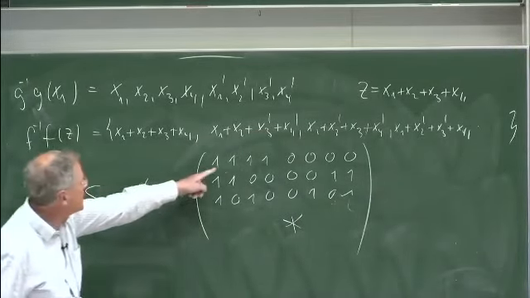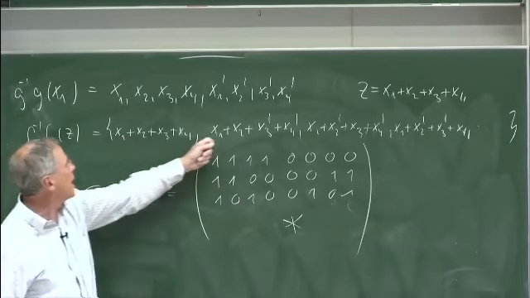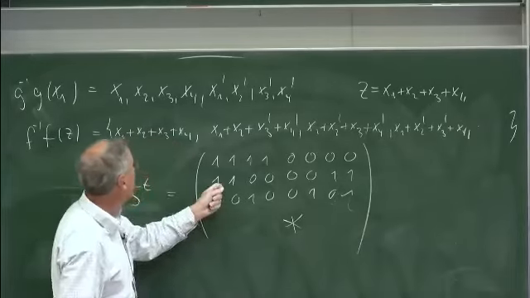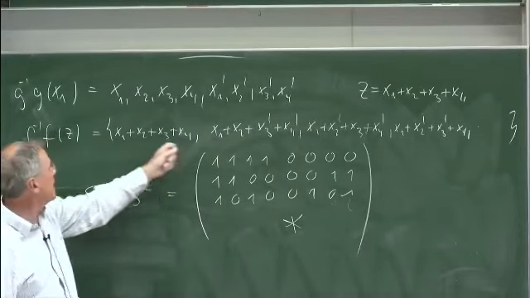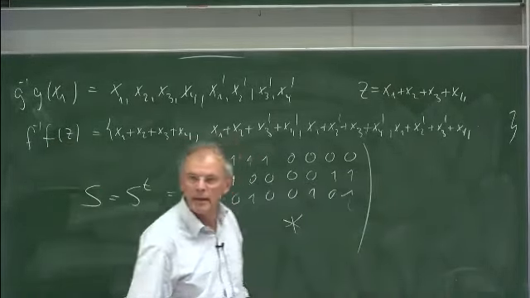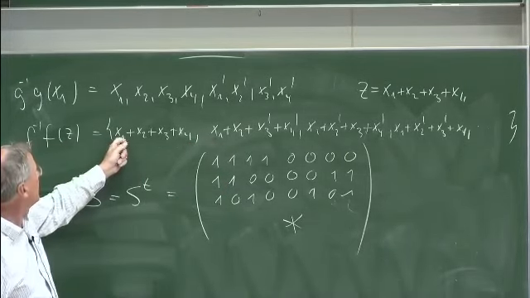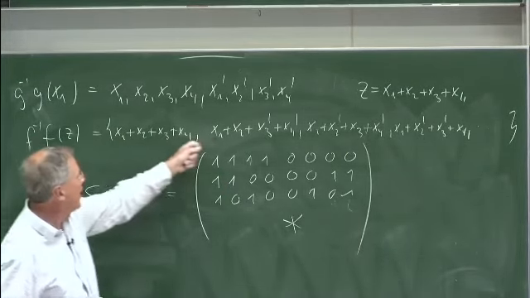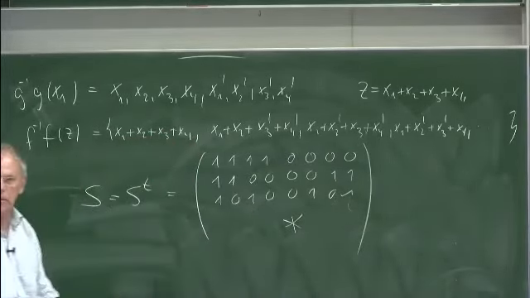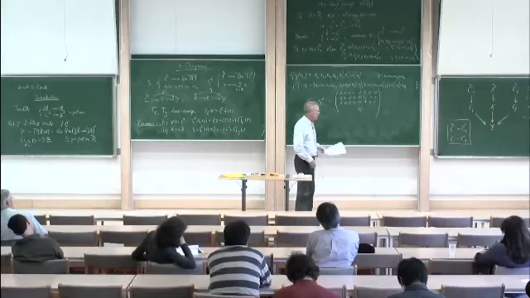The 4 ones here correspond to the fact that in the first 4 elements here, x1 occurs. In the first 2 elements, x2 occurs, but then not anymore, only at the end. And x3 occurs in the first one, and also in the third one. So that's why you have this here. It's easy to work out this matrix.